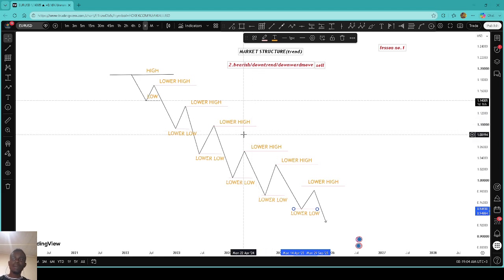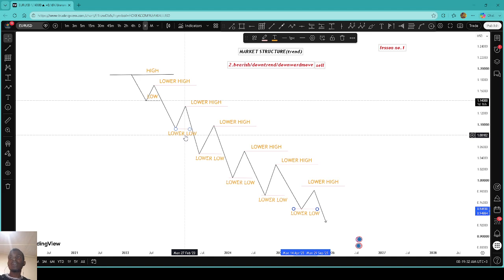On the bullish market, we buy the market. So they are two different and opposite of each other. A bullish market is the opposite of a bearish market. For a bullish market, we buy. For a bearish market, we sell. Always remember that whenever you see a price or a market